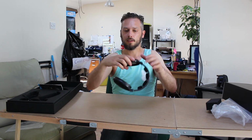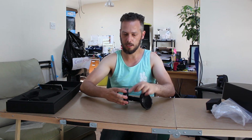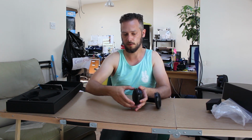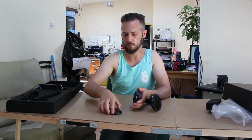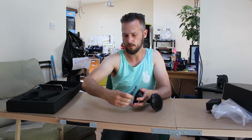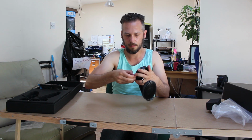Those. Alright, to get the ear cups apart, essentially you just need to, you see this bit here and the lower thing, you need to pry those apart. And this will lift up slightly. And then you can grab hold of the grill and that will pop out. Done. And then this bit comes off. Done. And then...